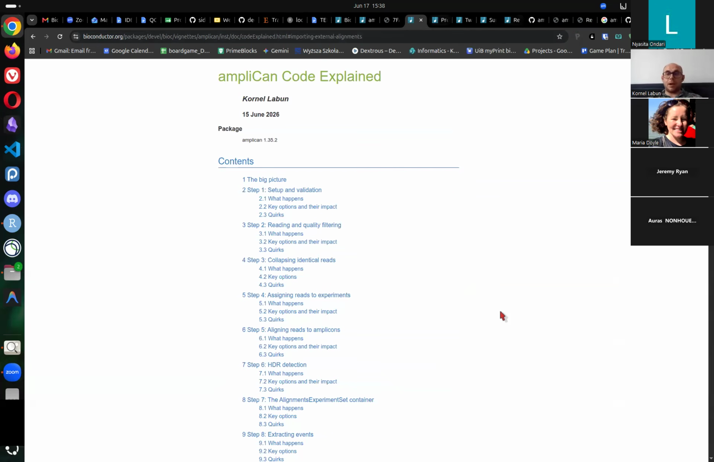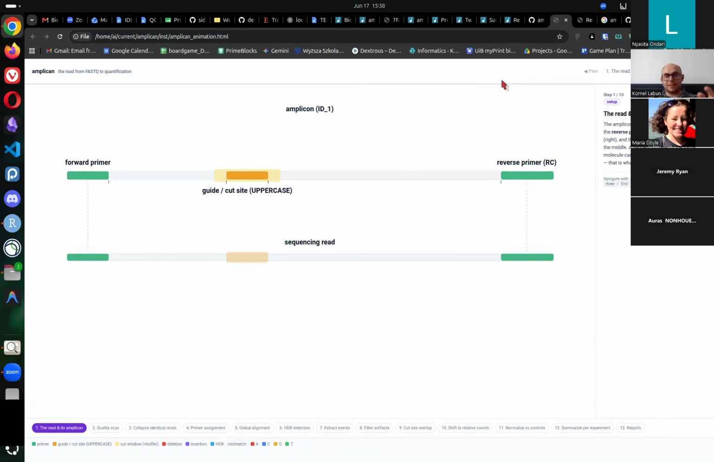Okay, so now let's go. I made this sort of presentation on how it works really. So the idea of ampliCan is that you will have forward primer and reverse primer. This is what you'd use for PCR. It's good if you sequence. This is assumed that your guide is somewhere in the middle,